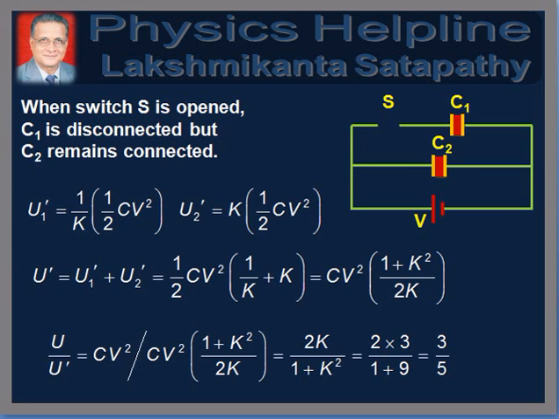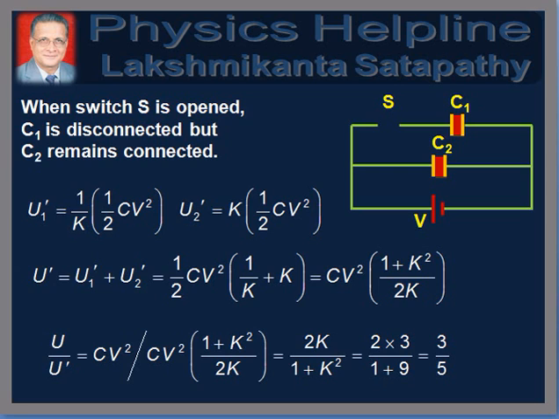Finally, the switch is opened and then the dielectric is introduced between the plates of both the capacitors. From the figure, it is clear that capacitor C1 is disconnected from source before the dielectric is introduced. Therefore, energy stored in C1 will be U1' = 1/K × 1/2 CV², and capacitor C2 is not disconnected from source. Therefore, energy stored in C2 will be U2' = K × 1/2 CV²,